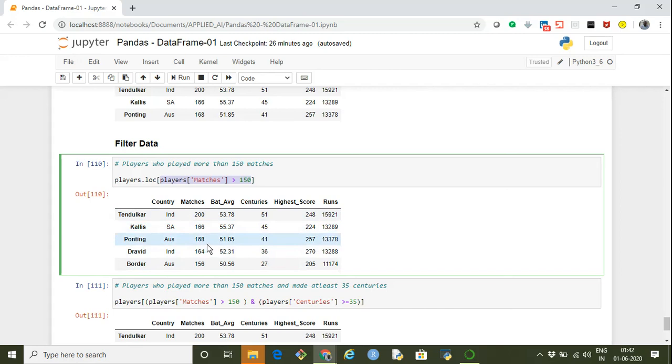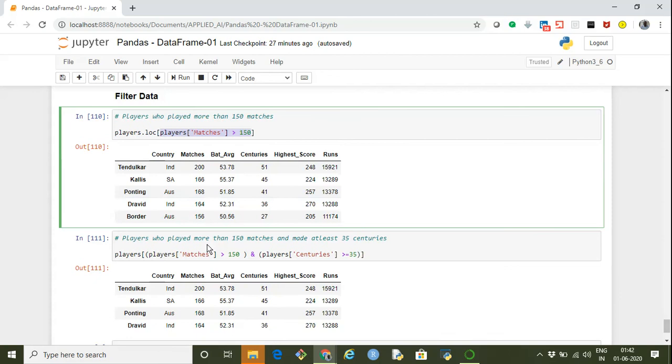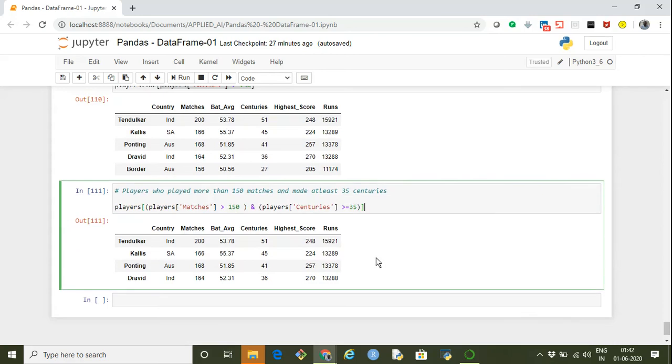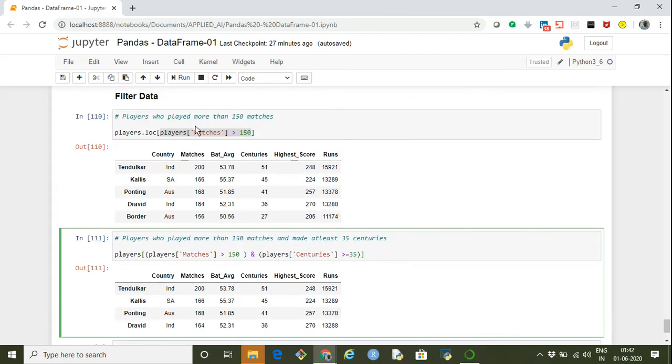The next is we want to add an additional condition to the previous one. That is, we want to see all those players who have played more than 150 matches, and at the same time they have scored at least 35 centuries. So now we have two criteria on the basis of which we have to put the filter condition. So the first condition is player matches is greater than 150. This is the same as we had in the previous one.